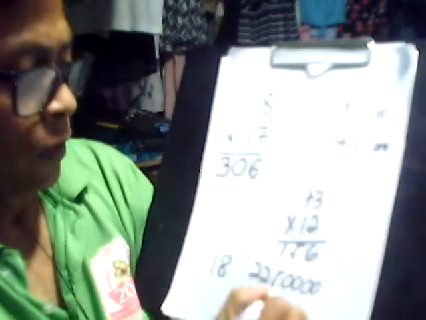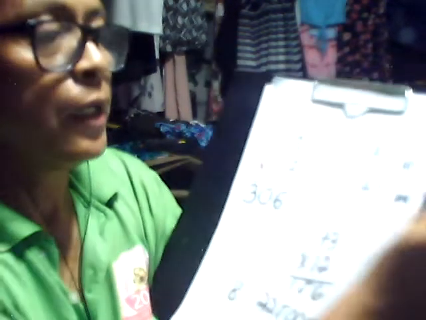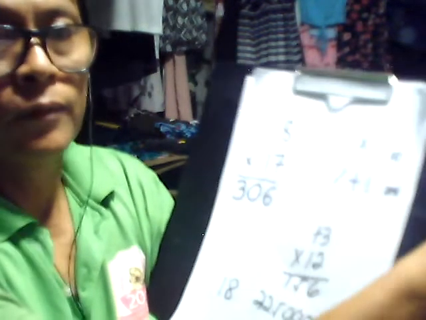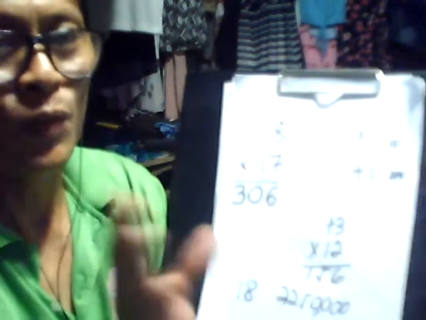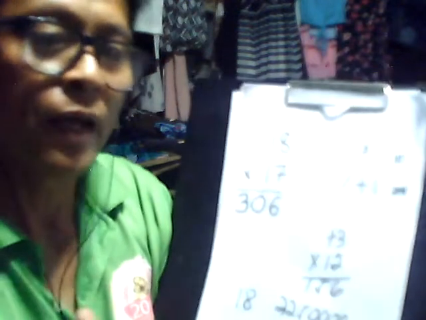Okay, so your answer is 2,250,000. So that's very easy. You don't need a calculator or any calculating machine just to know the answer of 1500 multiplied by 1500,